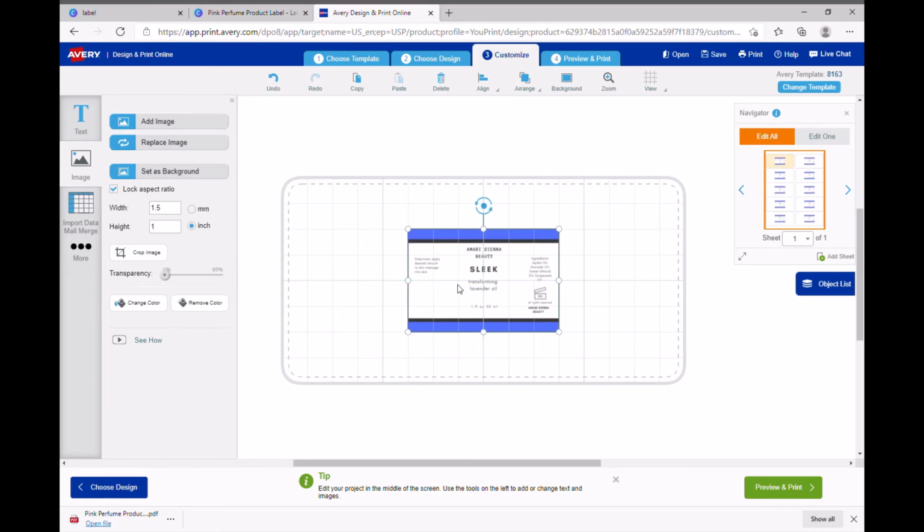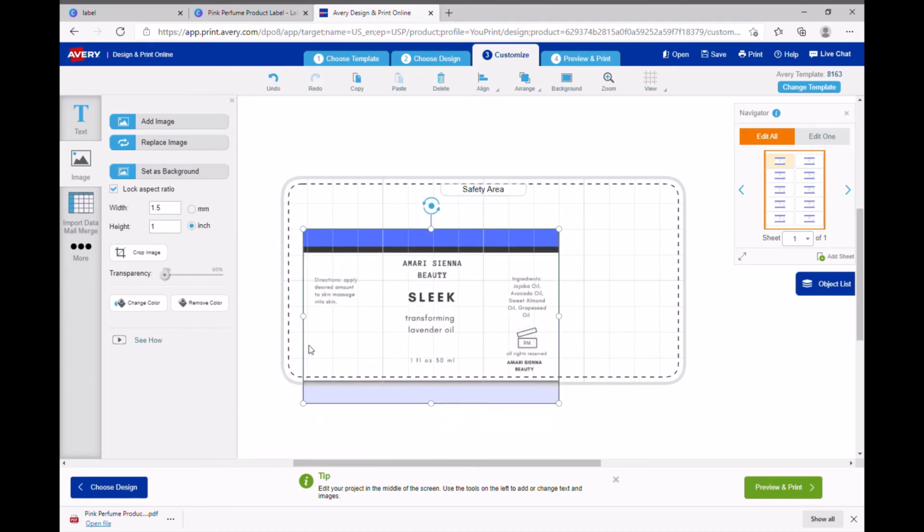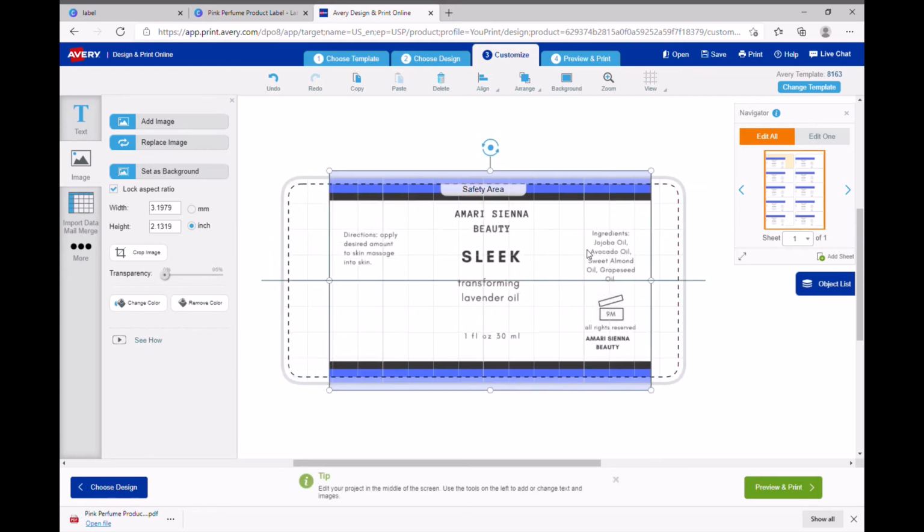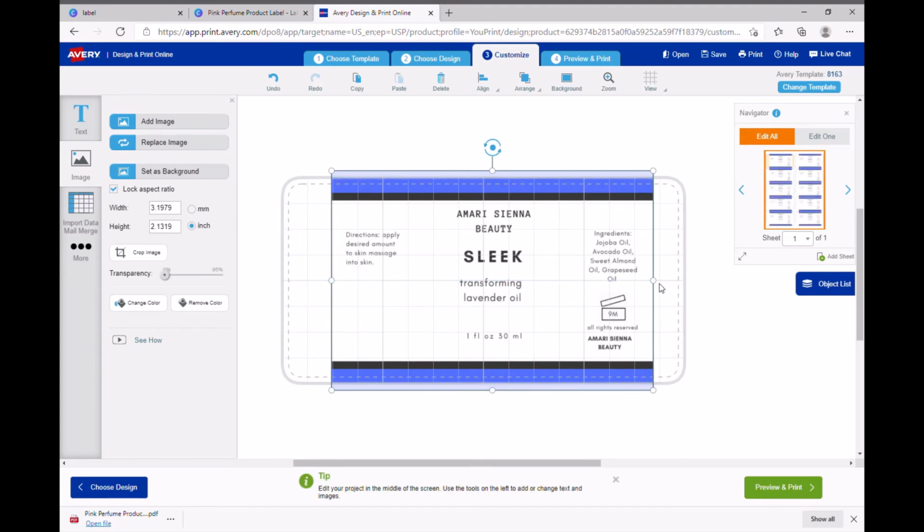I like to line it up straight in the middle, and then after doing that, I will drag it and make it very large. So the dotted line around the label is the safety area. When you print your label, anything that's within that area will print for sure. Anything that's outside of that area may get cut off. So yeah, and then you just want to fit it